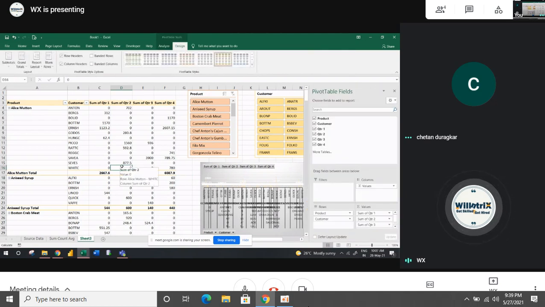If you want to change the subtotals and grand total, the tabular format, or inserting a blank line after each item, this is all about the pivot table design options. Till here, I told you how to use a pivot table to do a sum, count, and average, then working with a slicer, correct?